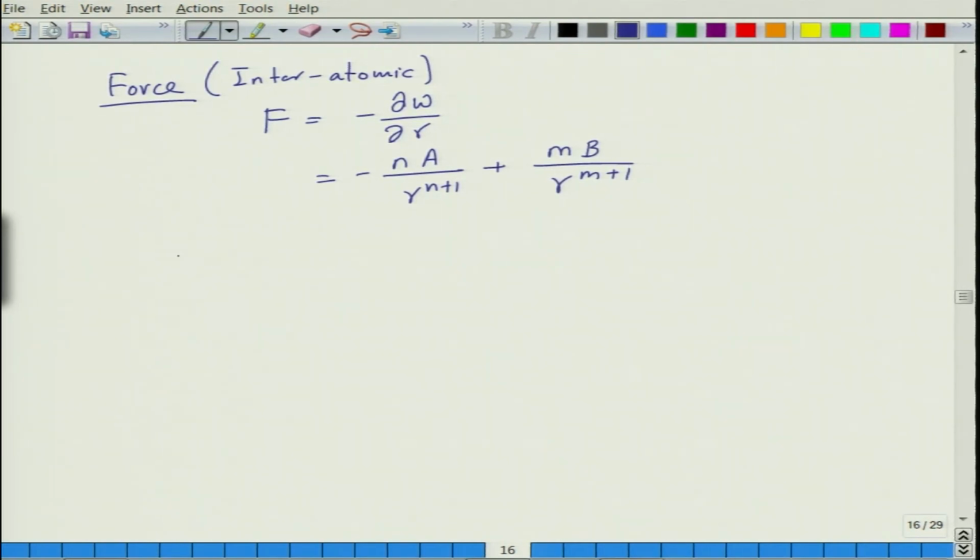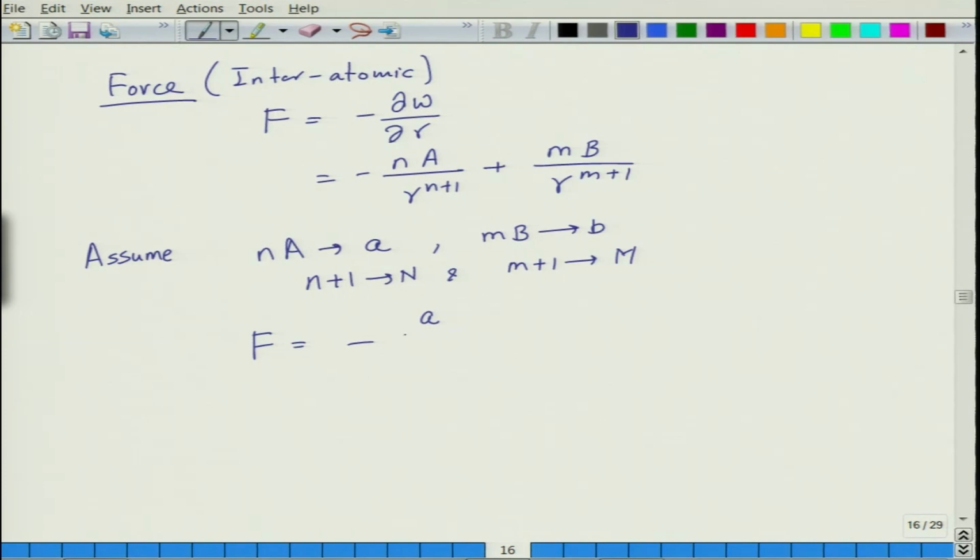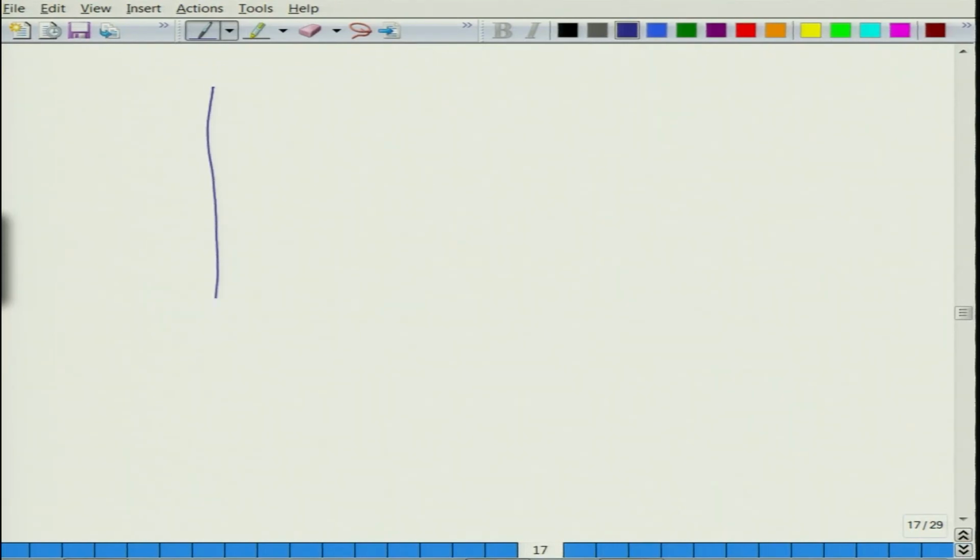So, let us assume that small n is another constant A and small b is another constant b, and n plus 1 is equal to capital N and m plus 1 is equal to capital M. If we do that, then we can write this f as minus A divided by small r to the power n plus small b divided by small r to the power m, and at r is equal to r naught, f r is equal to 0. So, essentially when you plot the force now,